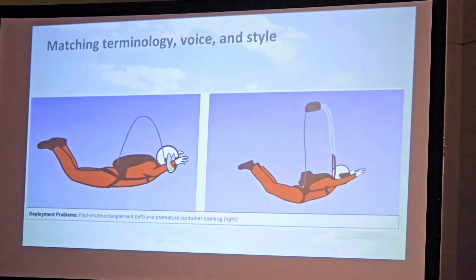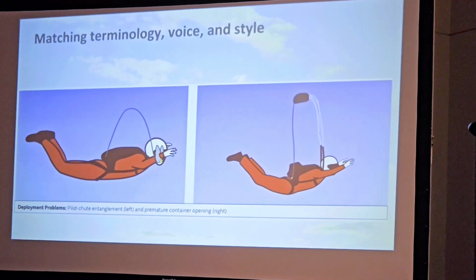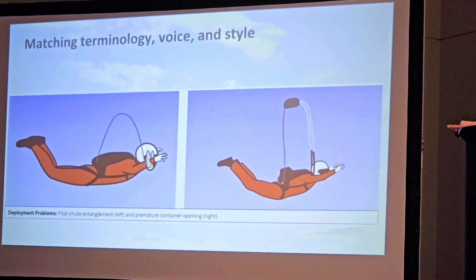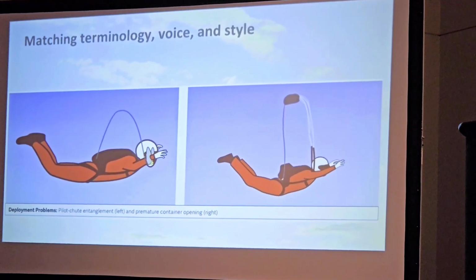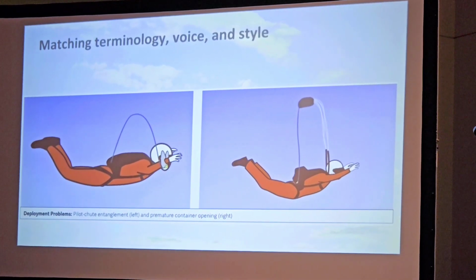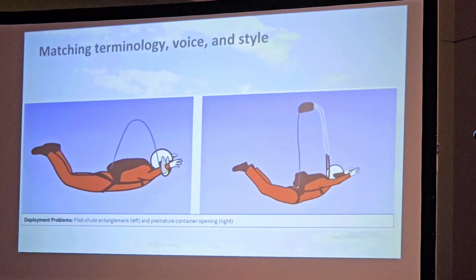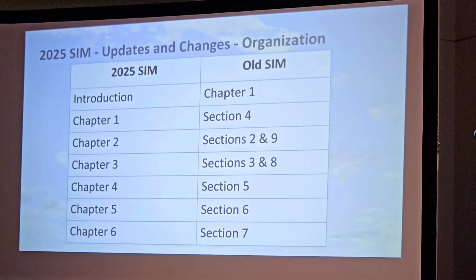Here's an example of the page that talks about what we used to call a horseshoe, now a pilot chute entanglement. And it shows you another example of the graphics. We tried to include a lot of them because we're hoping to entice you into reading it. It's our dirty little trick to get you excited and want to go check it out. And you'll notice there's a caption at the bottom. All right,